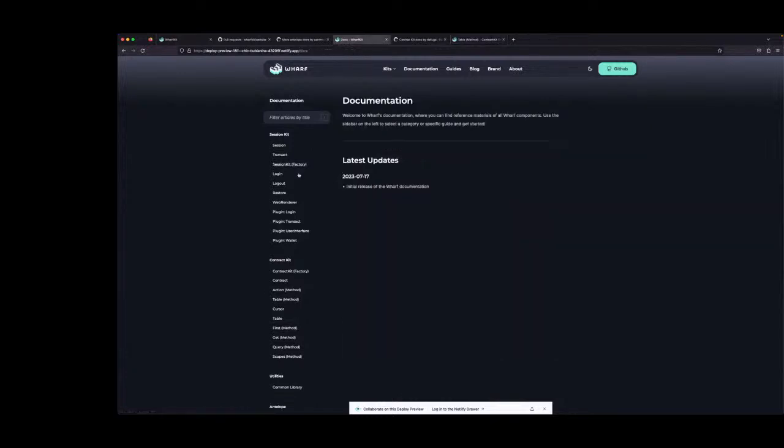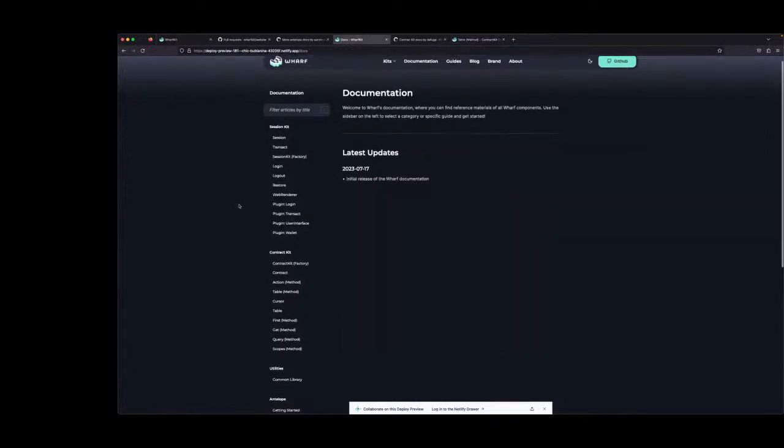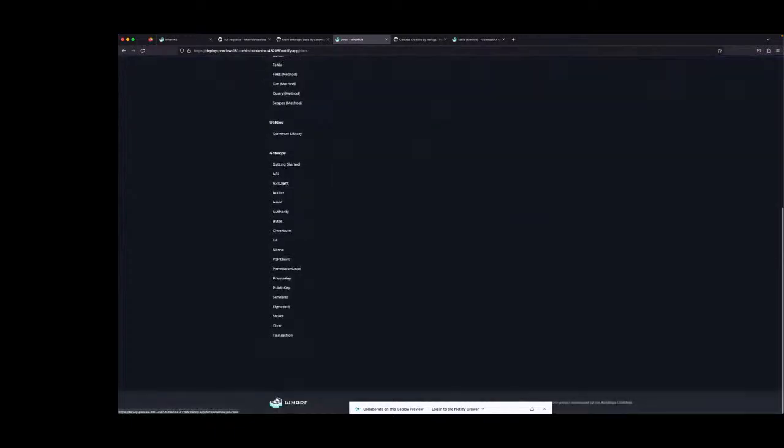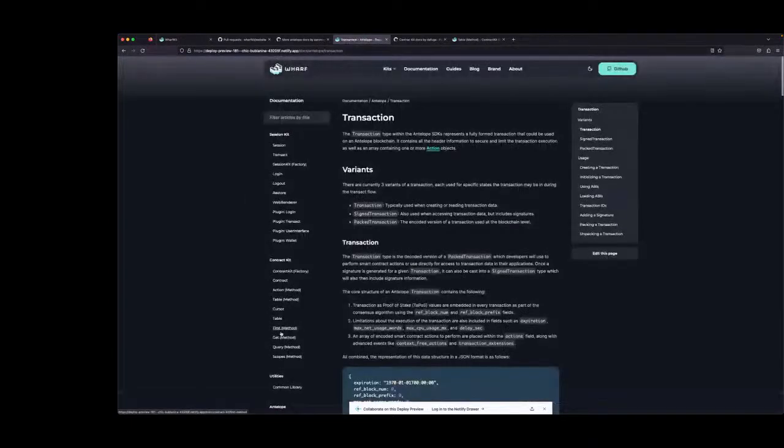And on the flip side, this section of Antelope has really been blown out to expand on everything that the underlying Antelope library can do. Some of them are getting gigantic. I think transaction itself might need to be its own section, just because there are so many different approaches you can take to the transaction object.